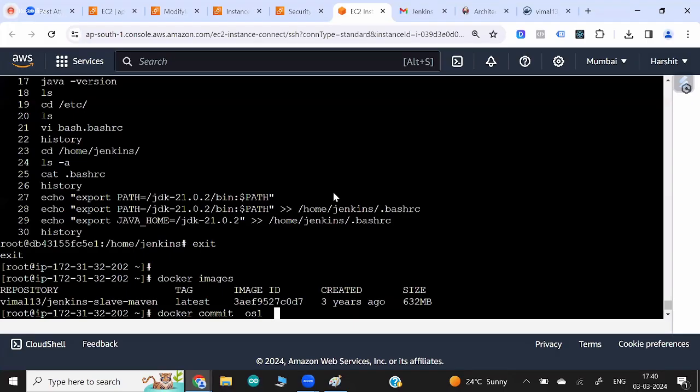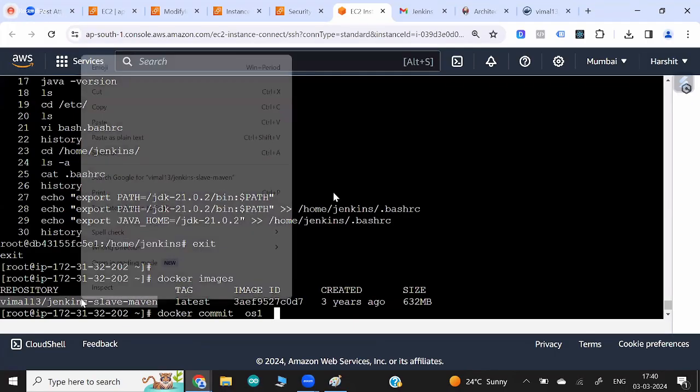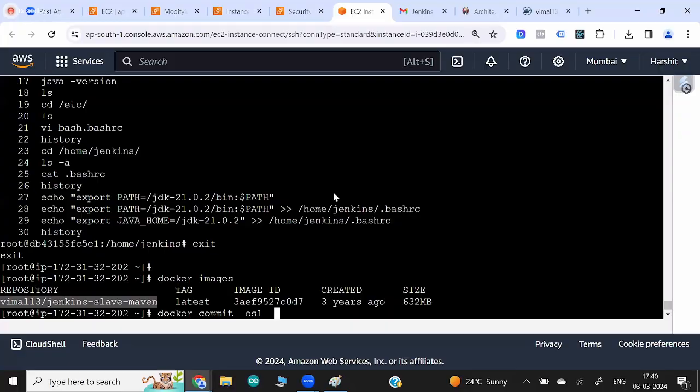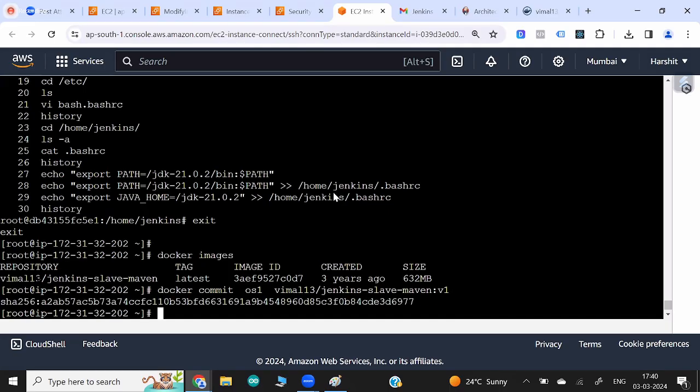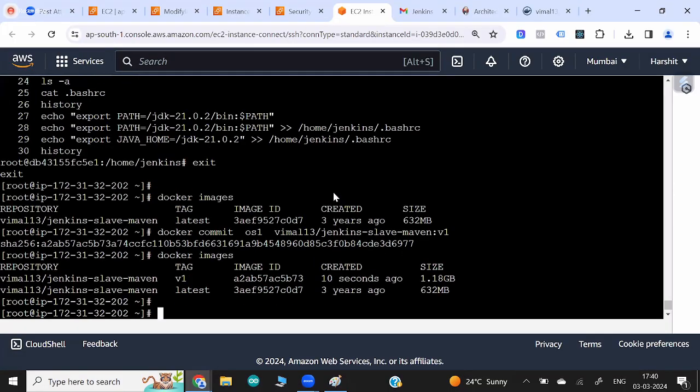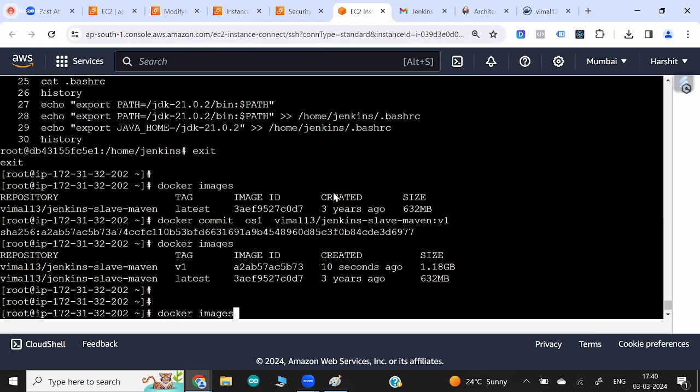You guys know Dockerfile is one of the ways to create the image, or you can use the commit command to get a new image, giving, let's say, version 1, for example. So your new image is created, and what does this image contain? It contains all the things I had, plus the new version of Java. And to check very quickly if it is working or not,